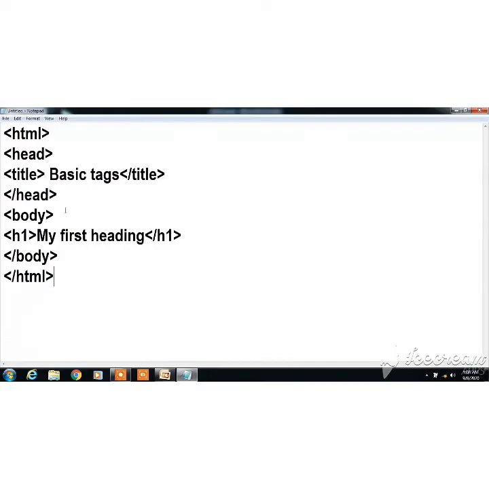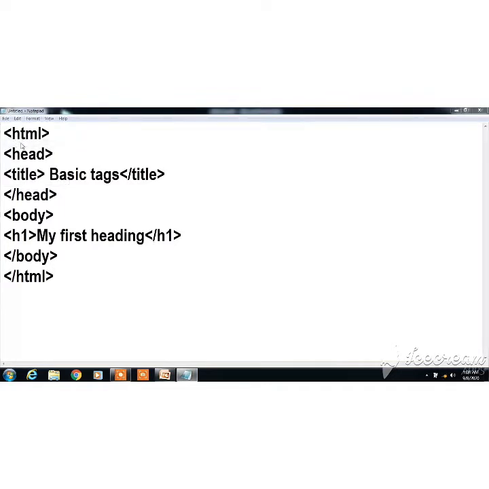Look here, the normal text. I have already told you the basic structure. The basic structure will be the same. Now I will show you the use of the heading tag. And remember one thing, any tag you use should be within the body tag. So the H1, my first heading is. Let's see the output. But for that you have to save this file.